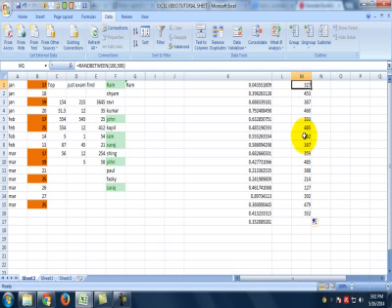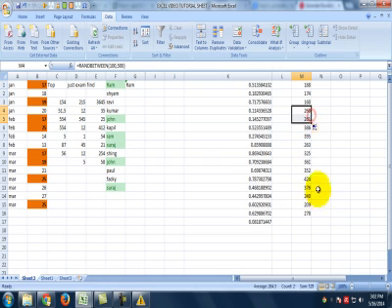And again you can use the F9 to generate random numbers again and again. And also you can use drag to change these numbers. So you can see these numbers are changing. This way you can create random numbers between 0 to 1 if you want. And if you have some specific numbers that you want to generate random numbers in between those two numbers, then you can use RANDBETWEEN as well.